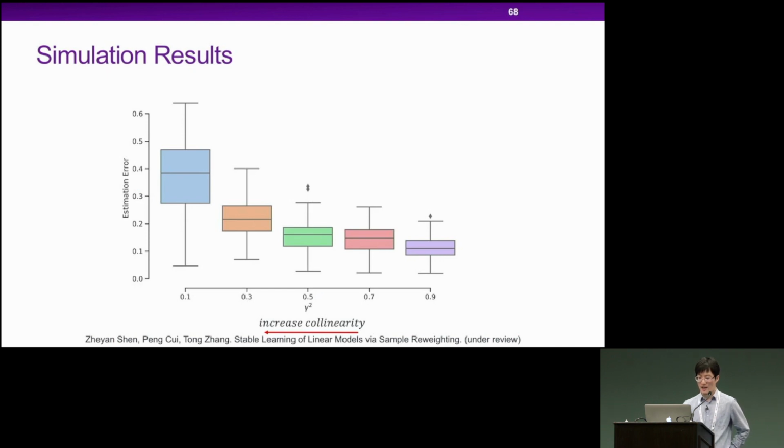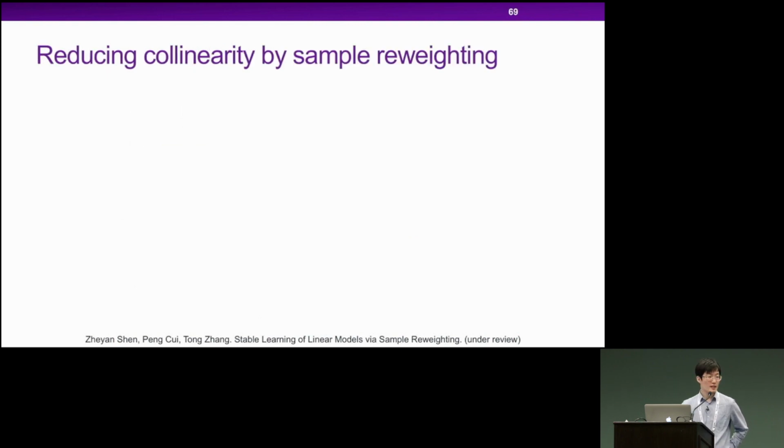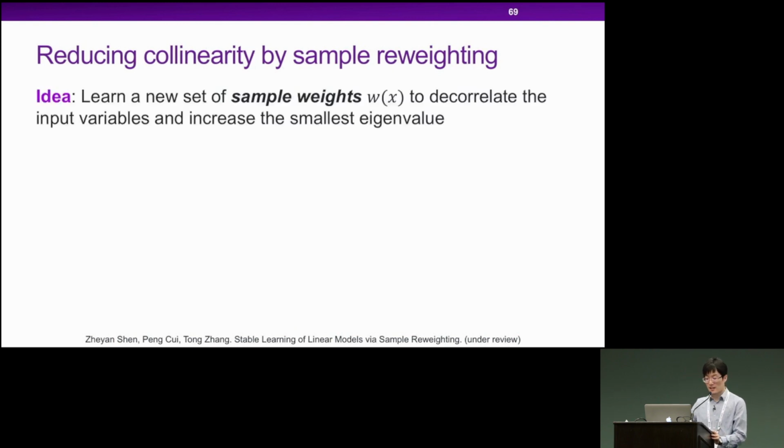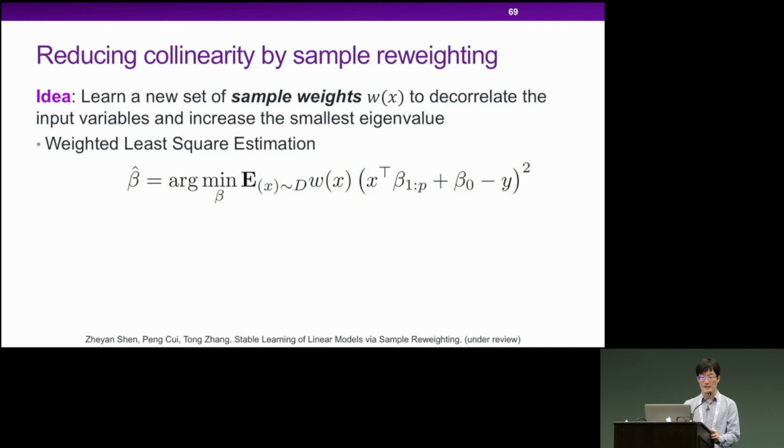And then our goal is to try to reduce the collinearity by sample reweighting, just to reduce the collinearity, but not discover the causal models. So the idea is to learn a new set of sample weights, the WX, to decorrelate the input variables and also increase the smallest eigenvalue. Of course, if we just do this kind of sample weights, we can just use a weighted least square